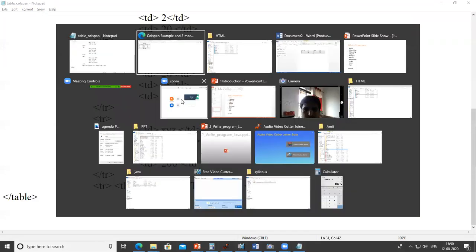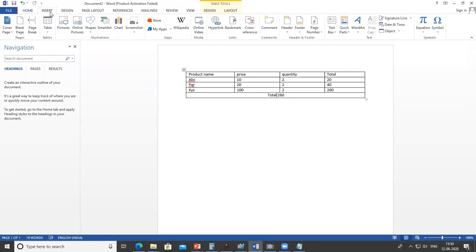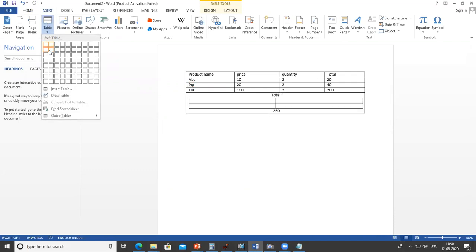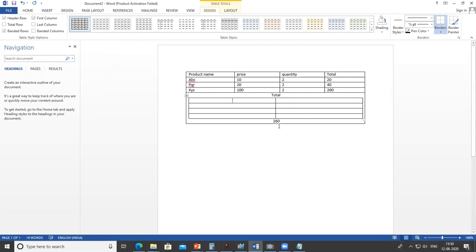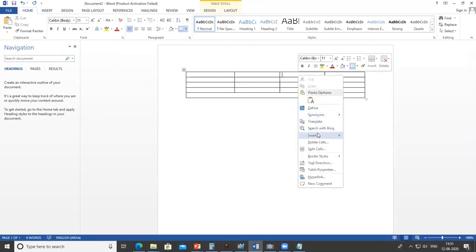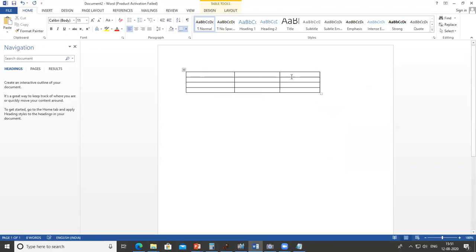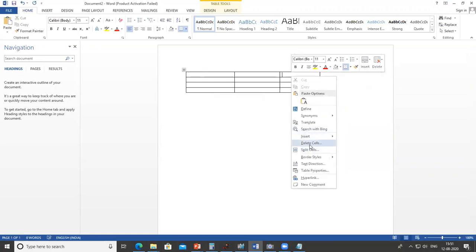Let's see, the next one is rowspan. In rowspan, instead of merging columns, we merge the rows. So let's see the example. So here I add one more table. So this table deleted. Delete, sorry.